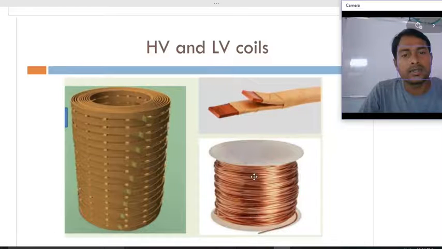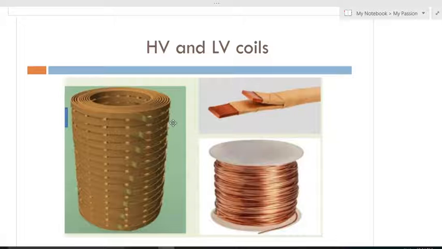This is the HV winding, with more number of turns and less cross-section area. To recognize the difference between LV and HV winding, I explained it in the constructional details of the transformer, so you can watch those videos.